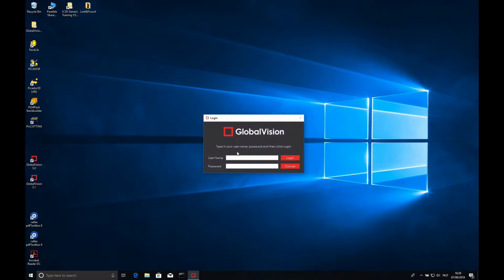There is also fairly recently an online web version of the GlobalVision platform. It's called GlobalVision Web, which works the exact same way as you will see here, but it is online and it is managed on the GlobalVision servers. That way you don't have to install it on your system. You can have multiple people from your company log into it and use it without having to have each installation on their systems, or have a licensing server, a user server on your systems